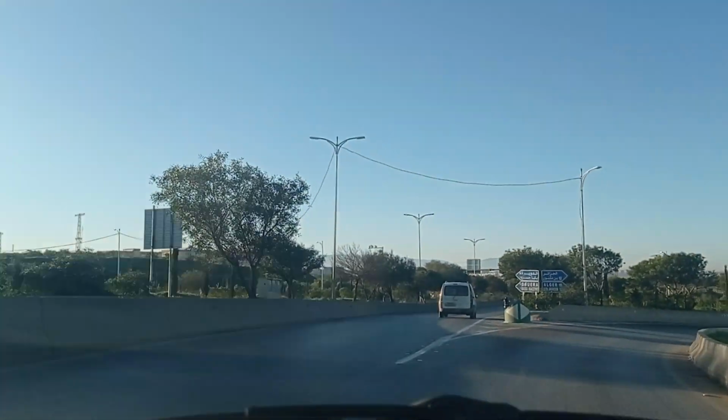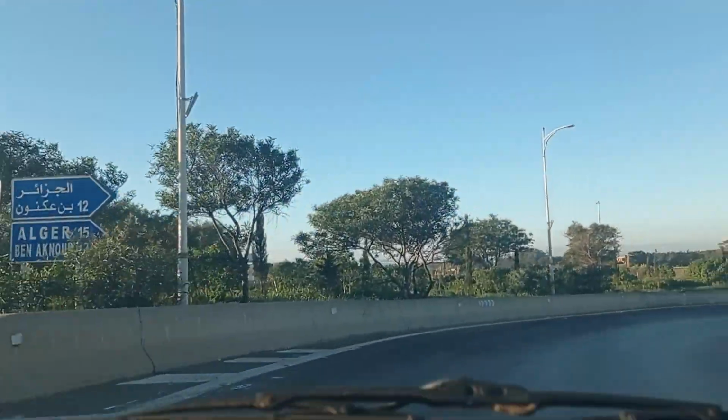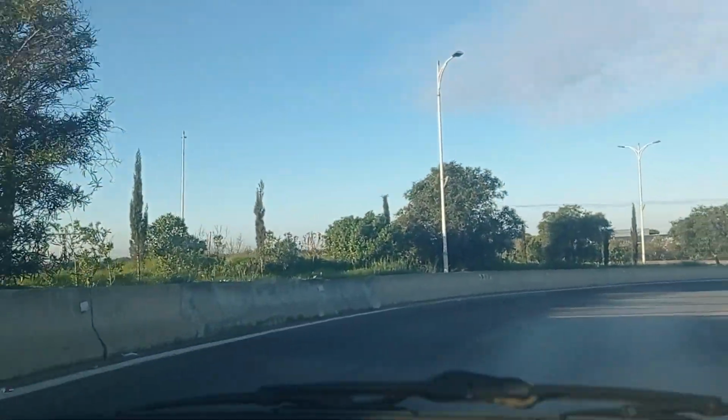And now, just look at this. The Algiers Ben Aknoun Motorway. We're joining the motorway in order to